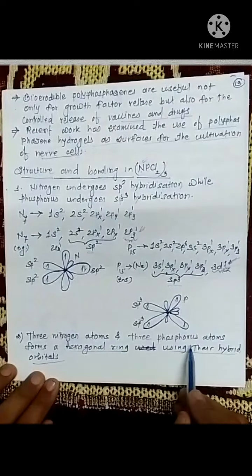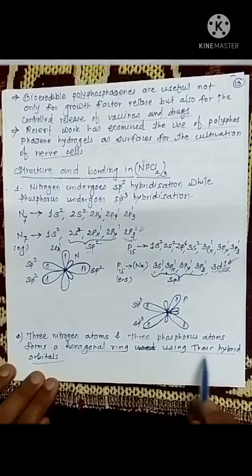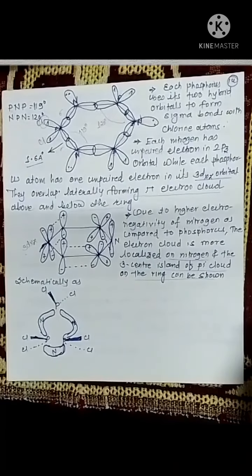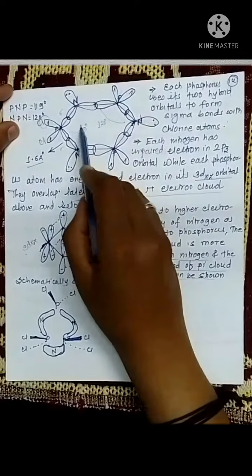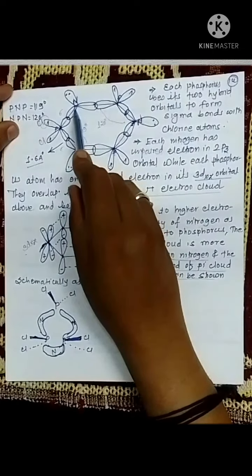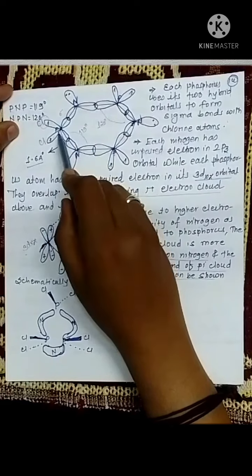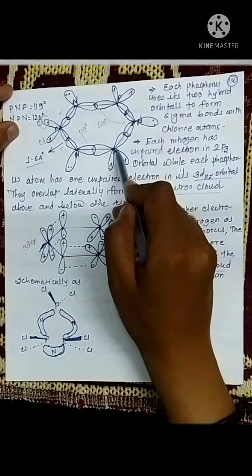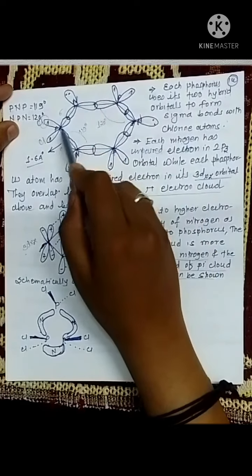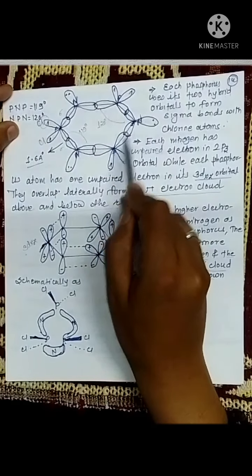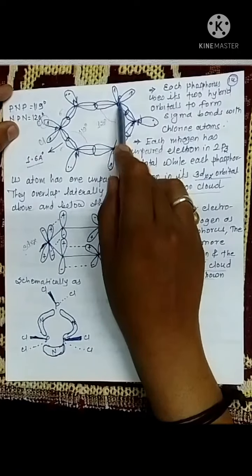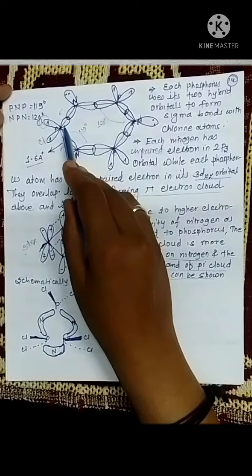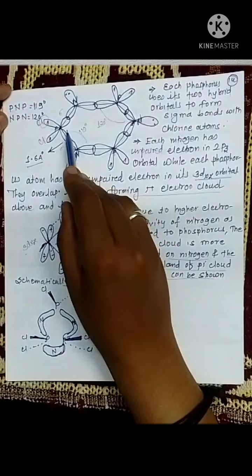So 3 nitrogen atoms and 3 phosphorus atoms form a hexagonal ring using their hybrid orbitals. We are going to see the structure. So just see here, nitrogen and phosphorus atoms are present alternately in the hexagonal ring. So it is nitrogen, phosphorus, nitrogen, phosphorus, nitrogen, phosphorus. So in this hexagonal ring, we can clearly see